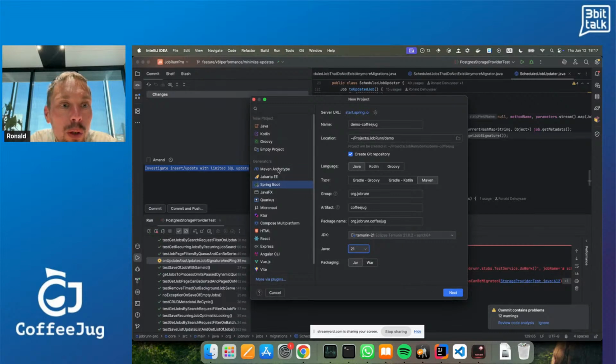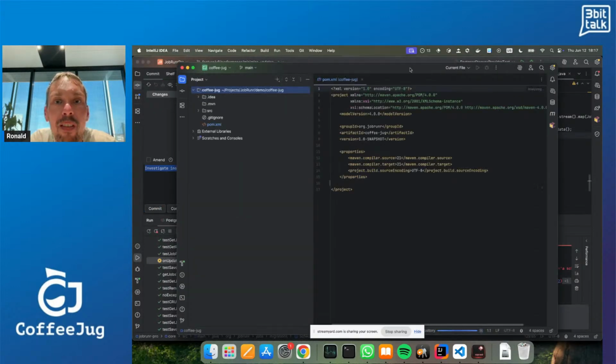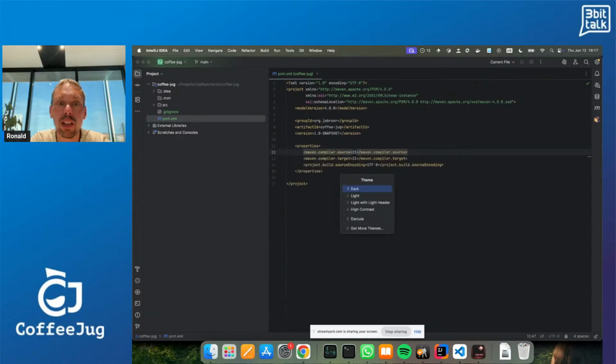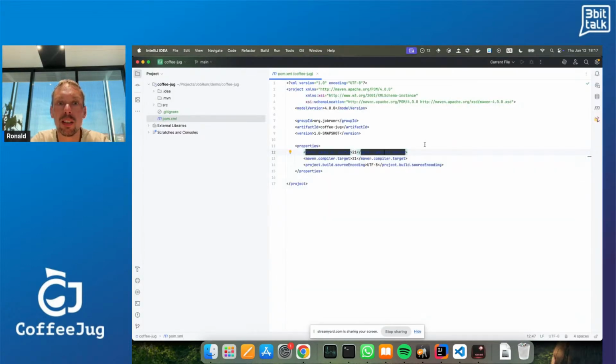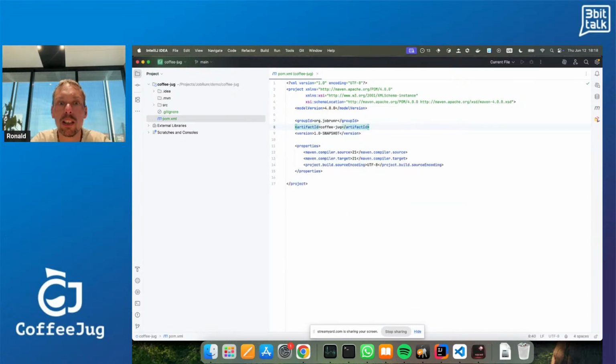I am going to, however, go for Java. I will call this CoffeeJug, and I will increase the font size in a bit. Maven, create demo. Theme light, and this should be already better. And then zoom. Let's make it a little bit bigger.